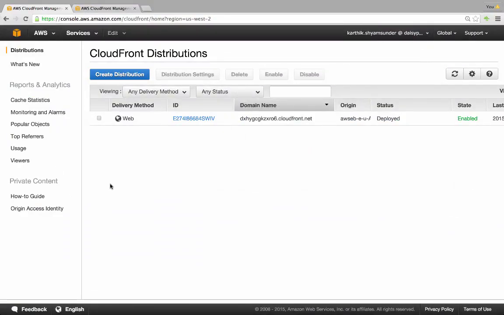So I'm back here at the CloudFront distributions. I would like to create a video distribution. I'm going to say create distribution. But before we create the RTMP distribution, let's look at the S3 bucket to see where the videos are. Go ahead and click on S3